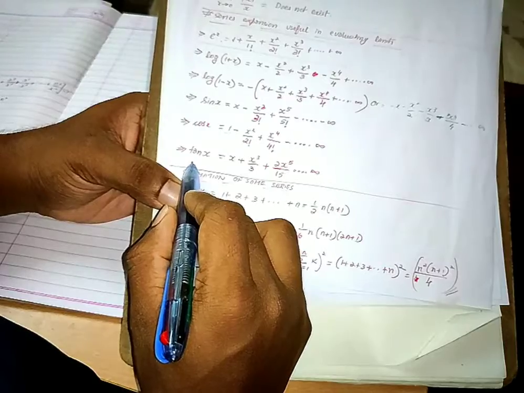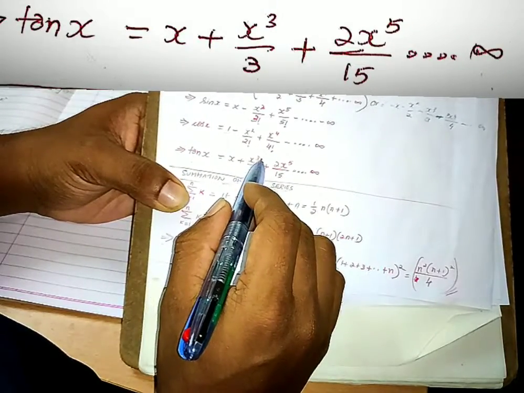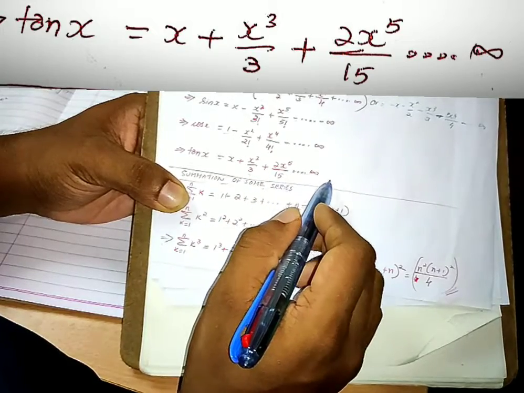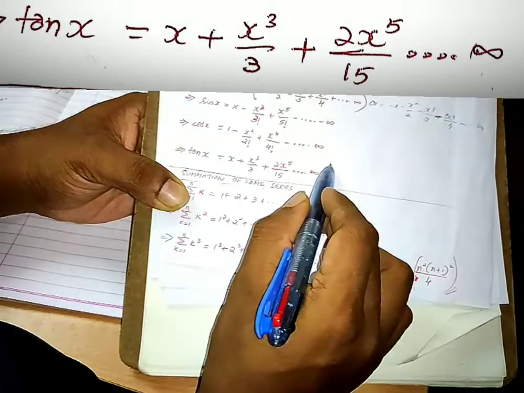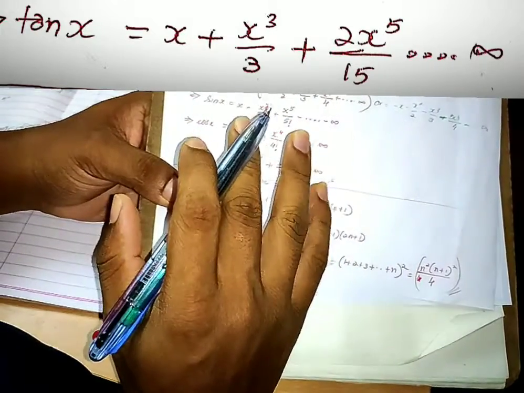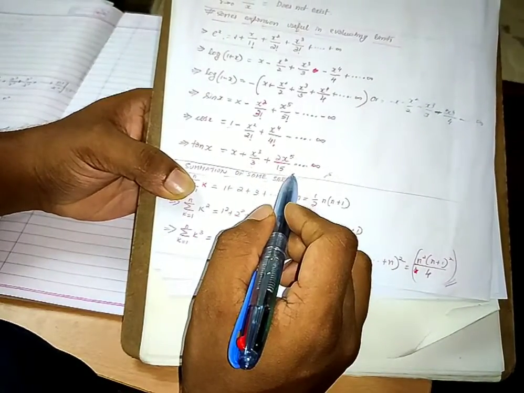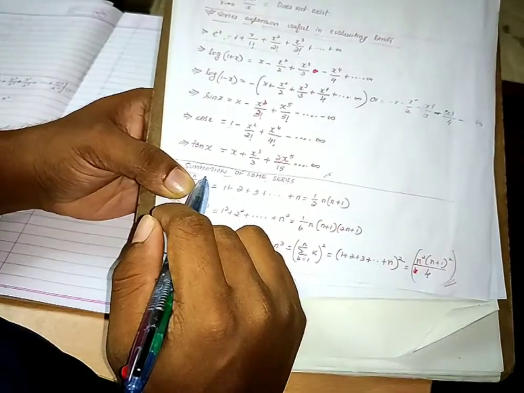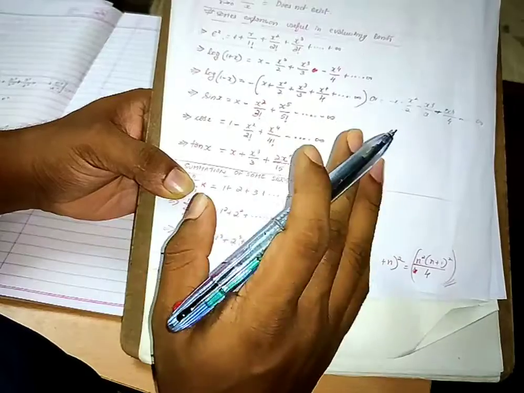So this is the pattern which you need to remember. The tan again, so tan is going to be all positive, but now it is going to be x to the power 3 by 3, then 2x to the power 5 by 15, and that goes on in that way, okay. This is something which you need not remember properly. Whichever you can, you remember, okay. Whichever you can't, just see it once or twice, so that if it is there in the options, you will be able to recall quickly, okay. So this is the idea what I have for expansion of series.